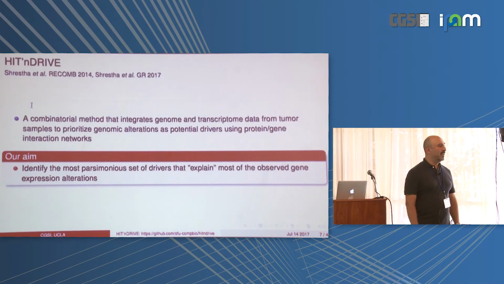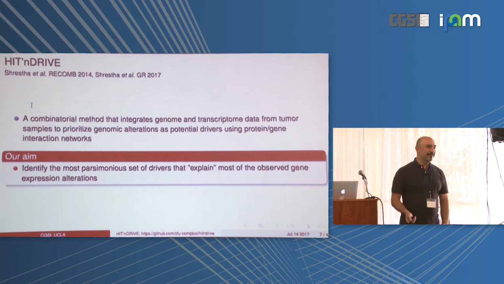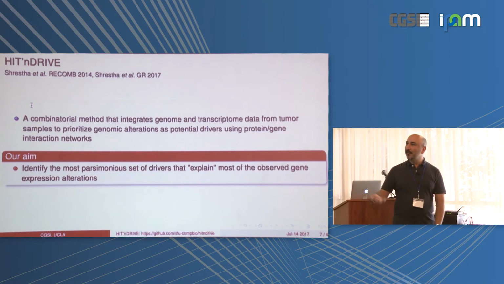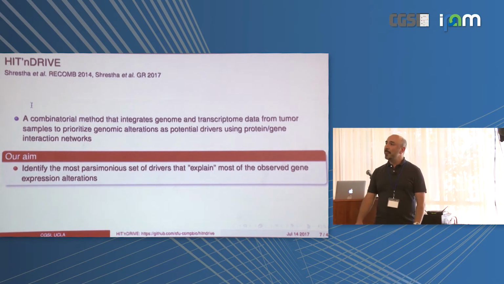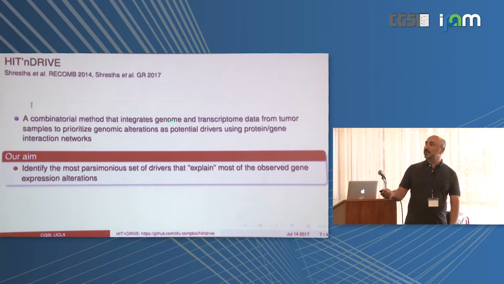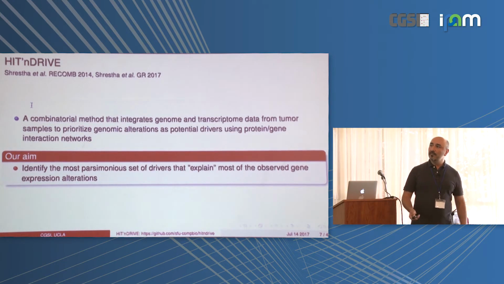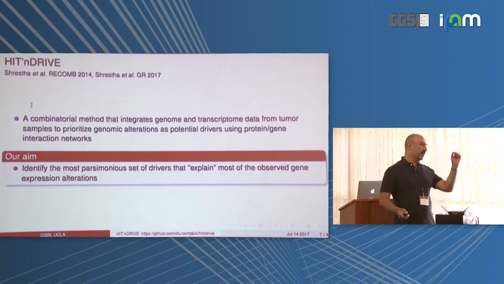HIT'nDRIVE. As we all know, the old is the new. So the first version of HIT'nDRIVE appeared 3 years ago. The new version is going to appear very soon in GR, which is a combinatorial method that integrates genome and transcriptome data to prioritize genomic alterations. And here comes the